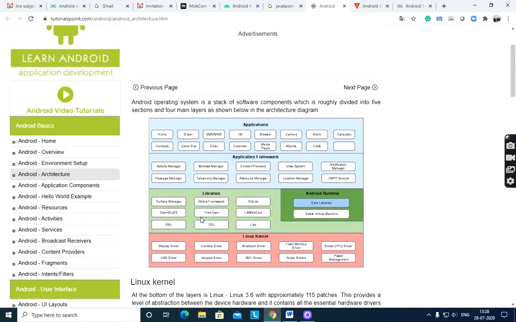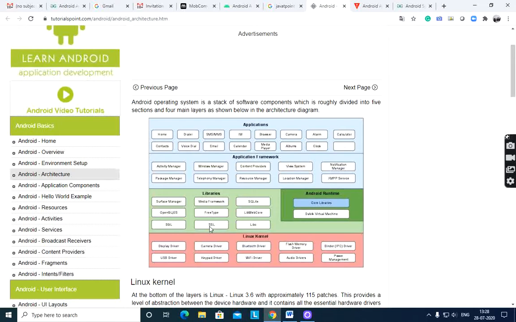This open source web browser engine provides all the functionality to display web content and to simplify page loading. SSL is a security technology to establish an encrypted link between a web server and a web browser.